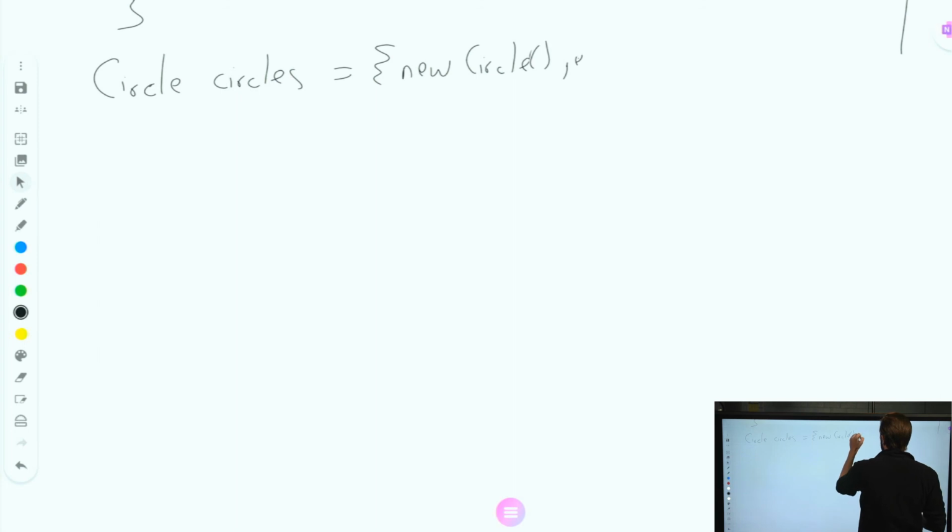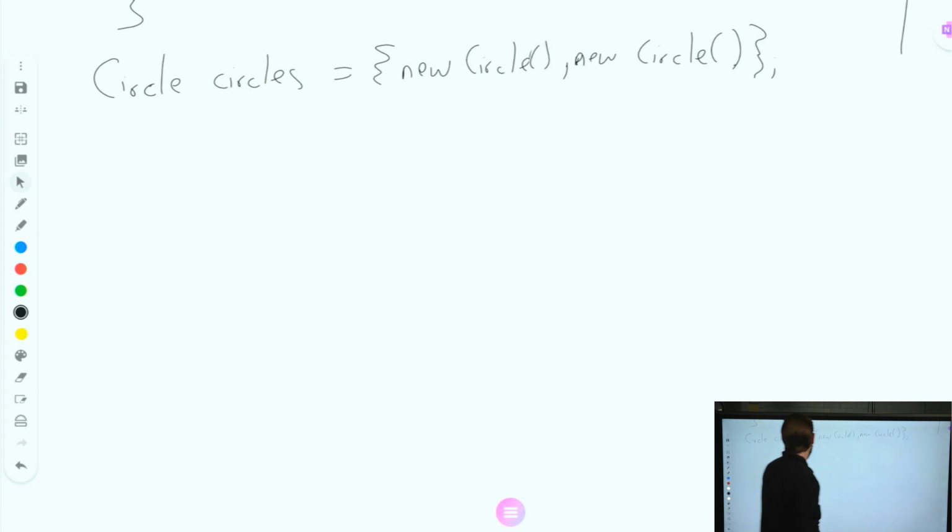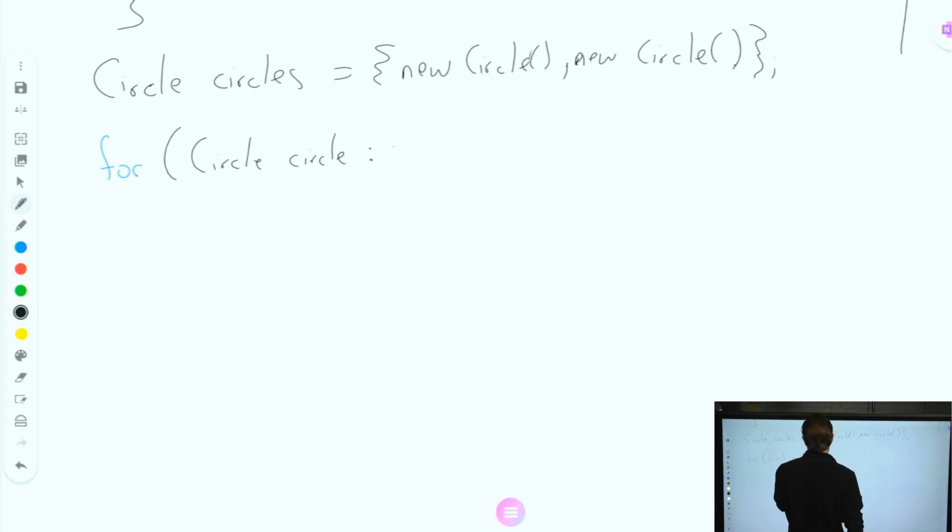New circle and new circle. And that needs a curly brace. Okay, so we have this new circles. We'll do our for each loop for circle, lowercase circle, in circles,